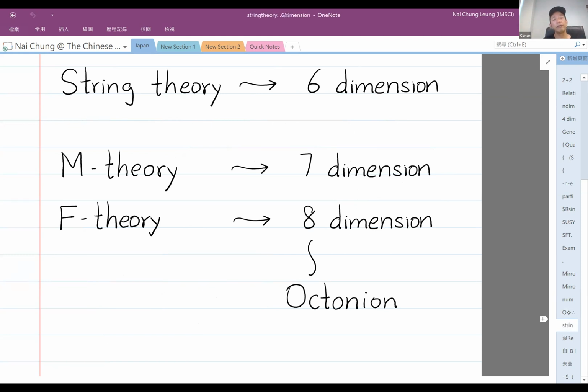Now, I want to mention some further development. In fact, there are several types of string theory. They're all related to this 6-dimensional space-time. The invention of string theory, where string means superstring, was to try to unify the different types of relativity and quantum theory into one unified theory. It's called superstring theory. Now, superstring theory itself has many different types.